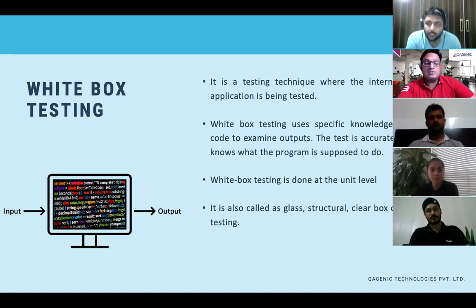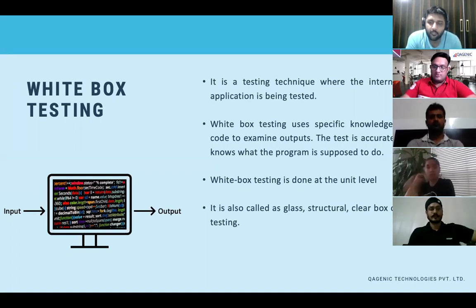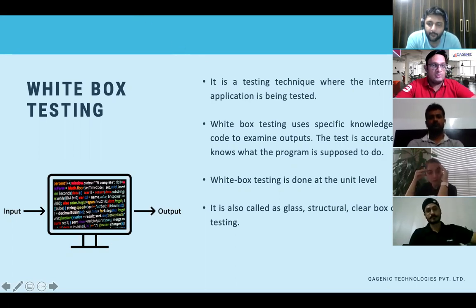Which line of the code is not getting executed on the specific input that I have given? At the code level, I am seeing how my input is interacting with my code. So if I have 1000 lines of code with multiple conditions, if else conditions, for loops, switch statements, then with the input that I am giving to the program,